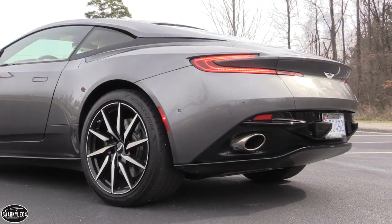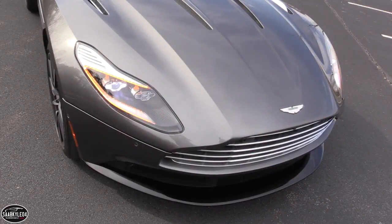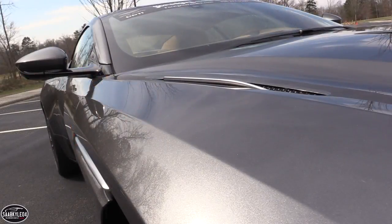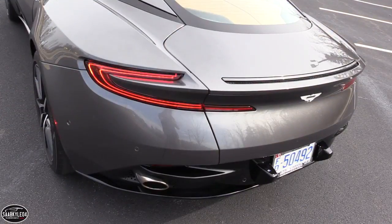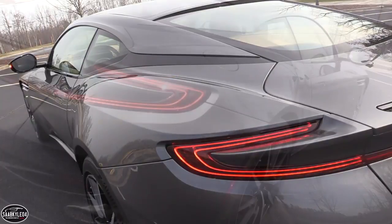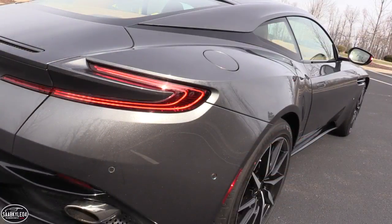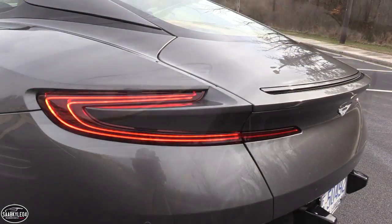blend form and function. The silhouette is an automotive work of art, featuring sculpted details, intricate line work, and careful attention to detail. The headlamps are all LED and incorporate daytime running lights and low-speed cornering lights for the first time. The LED tail lamps continue the boomerang graphics seen on all modern Astons, but like the headlamps, they offer